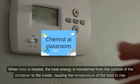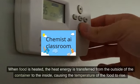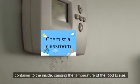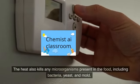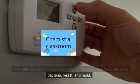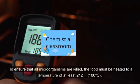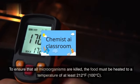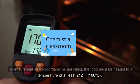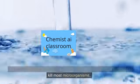When food is heated, the heat energy is transferred from the outside of the container to the inside, causing the temperature of the food to rise. The heat also kills any microorganisms present in the food, including bacteria, yeast, and mold. To ensure that all microorganisms are killed, the food must be heated to a temperature of at least 212 degrees Fahrenheit, 100 degrees Celsius. This temperature is known as the boiling point of water and is sufficient to kill most